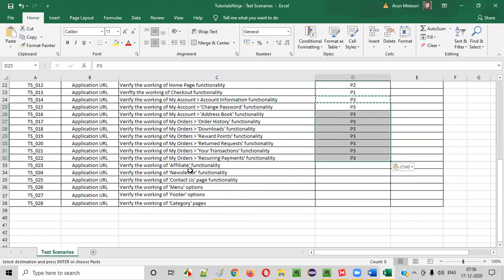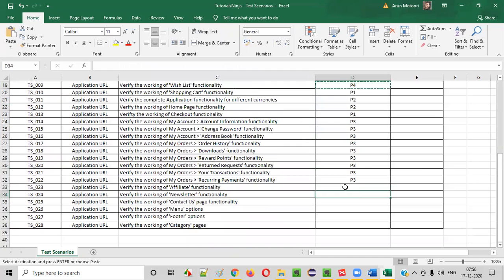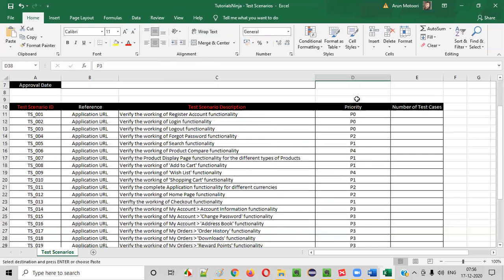Done. Next one, affiliate functionality, P4. Then newsletter also P4. Contact us P4. Many options can come into P3. Then footer options P4. Category pages, some P3. Like this we can give some priority, guys, assuming things, and we can give the priorities, and